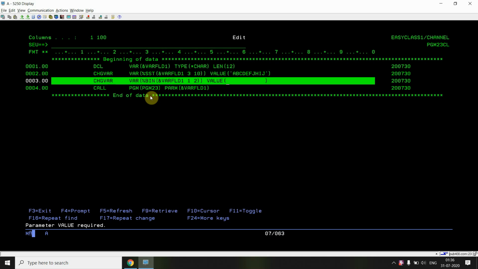Either I can hard code that, because I already know the length is 10 while the field is 12 length, so I cannot pass it as 12. I would have to pass this as 10.